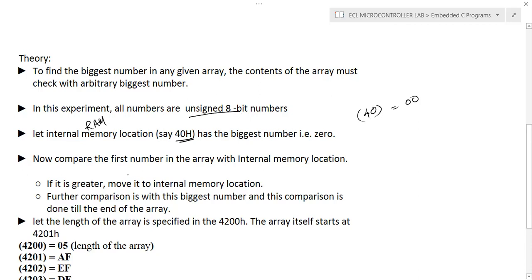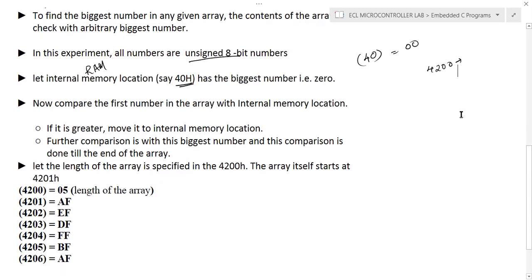For example, if you are storing the elements from 4200H onwards, assume that the values are stored from external RAM 4200H onwards. The first location holds the length of the array. So assume that 4200H holds the length of the array.